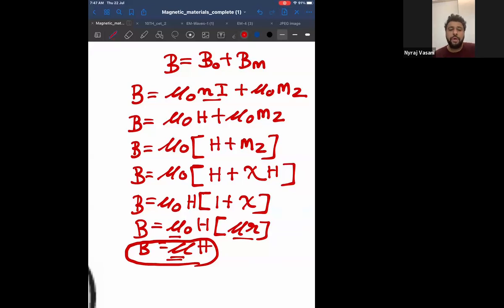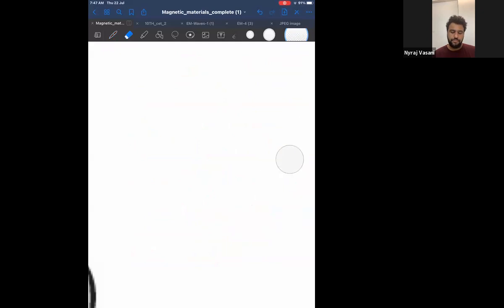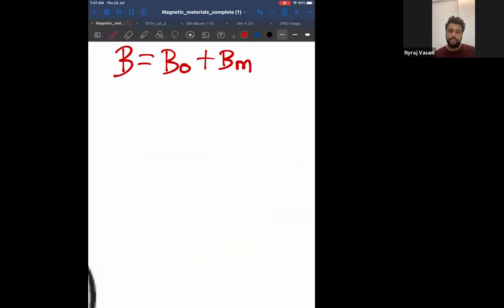So I'll explain the whole thing once again. Now just listen how it is done, okay? If you have done it also, just listen how it is done. So the total magnetic field B is equal to non-metal plus metal, or non-conducting plus conducting. Therefore, B equal to